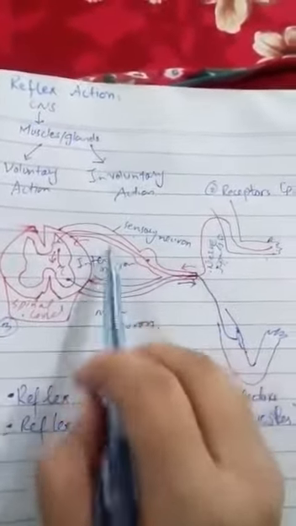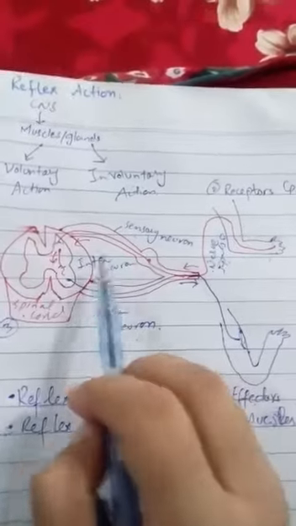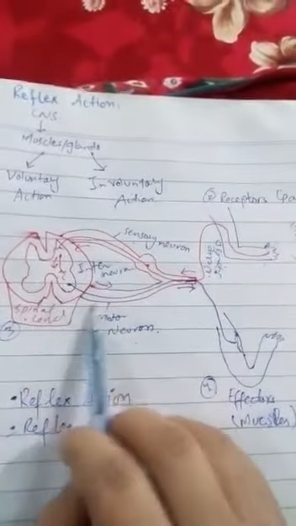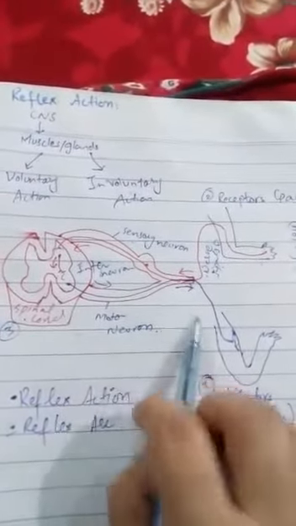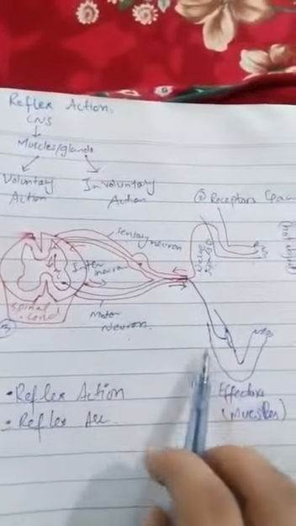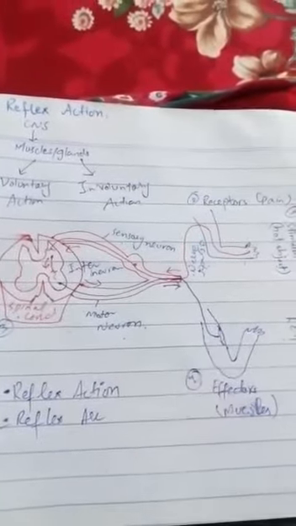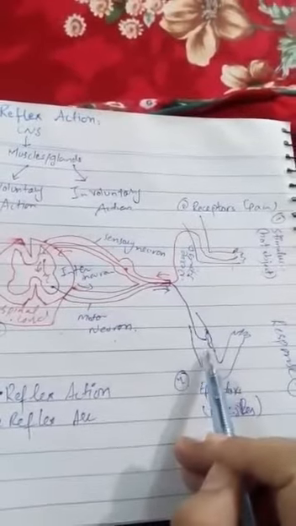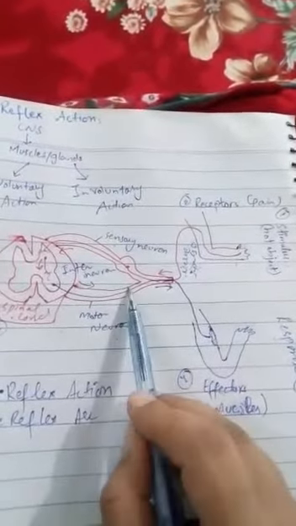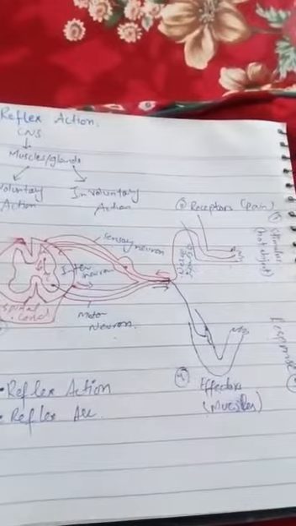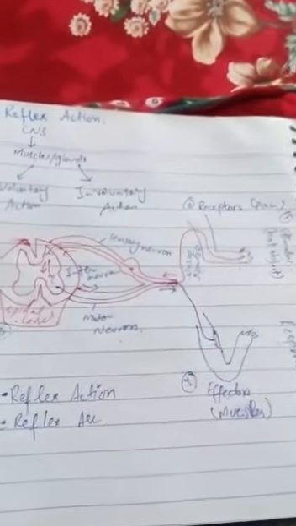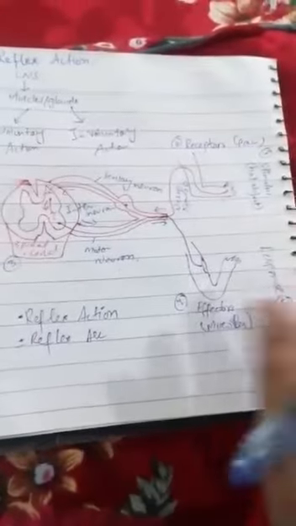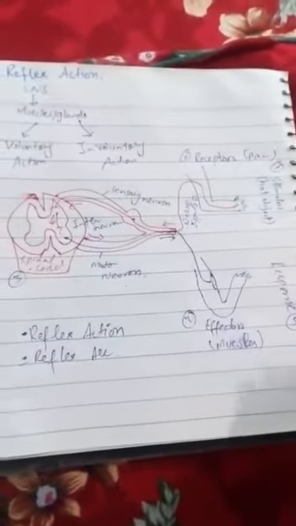This nerve impulse then moves towards the interneurons, and from the interneurons towards the motor neurons, and these motor neurons move the nerve impulse towards the effectors. Our arm muscles act as the effectors, so these nerve impulses give the message to the effectors to pull our hand back. So pulling the hand back is known as the quick response. This is the example which shows the reflex action and reflex arc in detail.